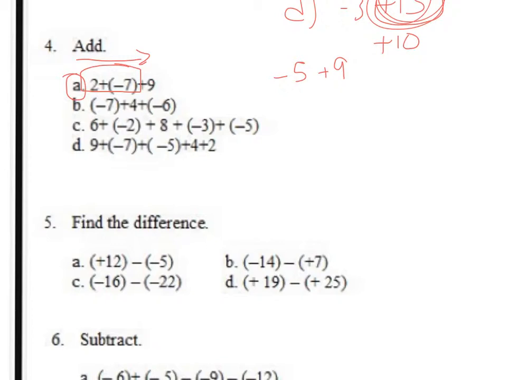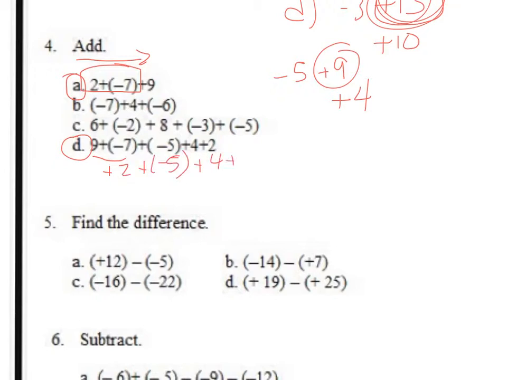Negative 5 plus 9, I keep the sign of the largest number, and I subtract those two. My answer is a positive 4. And we'll try D. Same idea, do this part first. You get, keep the sign of the largest number and subtract, which is positive 2. Now I'm going to add negative 5